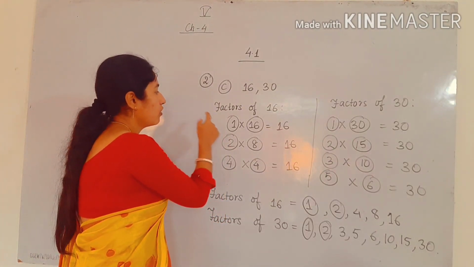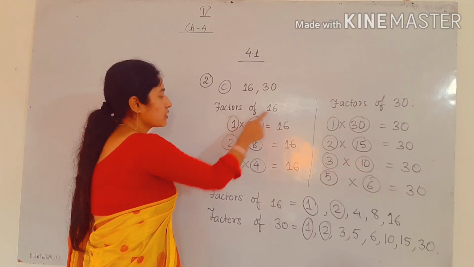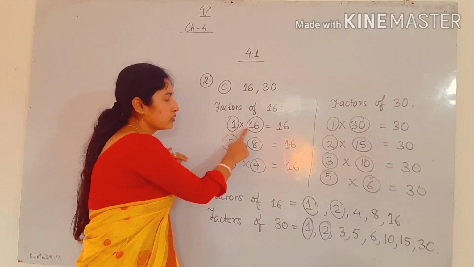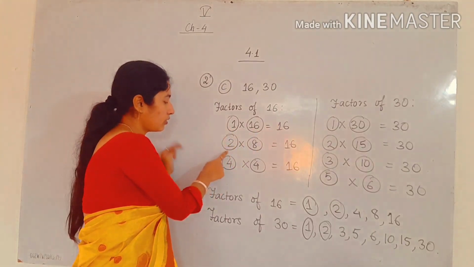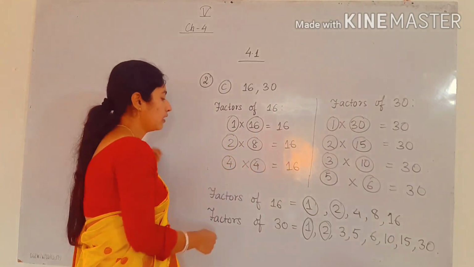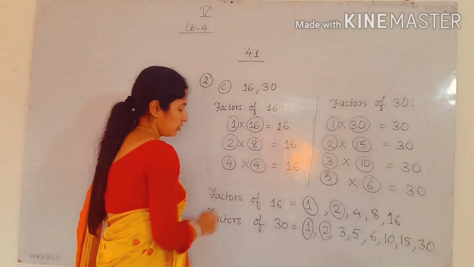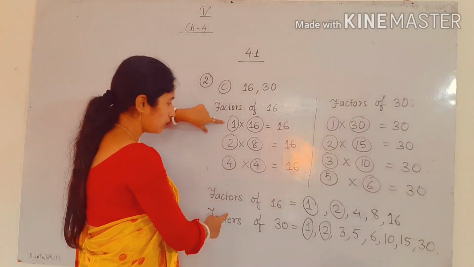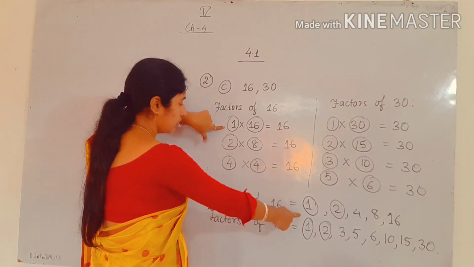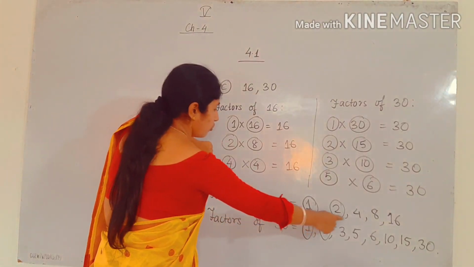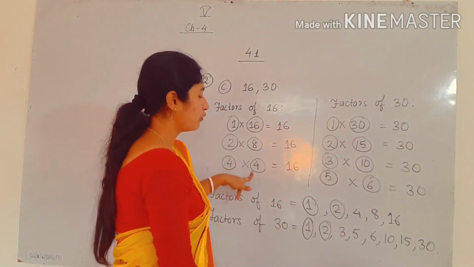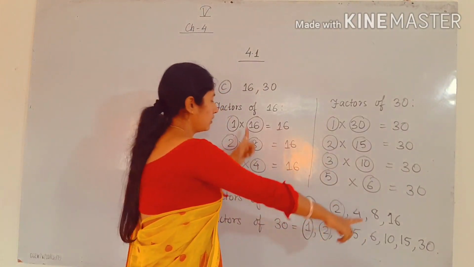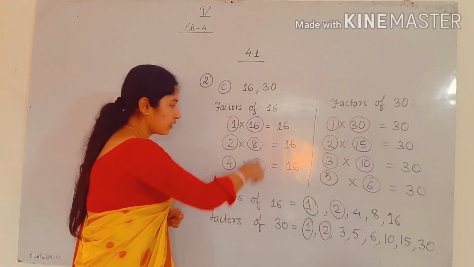So 16. First of all, you have to write factors of 16. So I have used multiplication. So first of all, 1 into 16 is 16. Then second, you have to take 2. 2 8s are 16. Then next is 4 4s are 16. So what are the factors of 16? See, like that you have to write. First of all 1, then 2, then 4. Okay. Then again 4, so don't repeat it again. Just 1 4 you have to write. Then 8. Then 16.